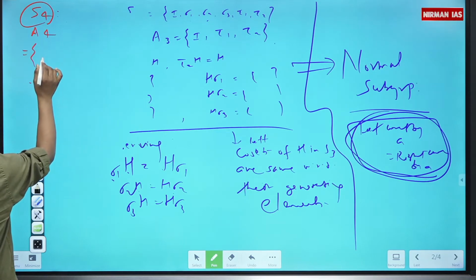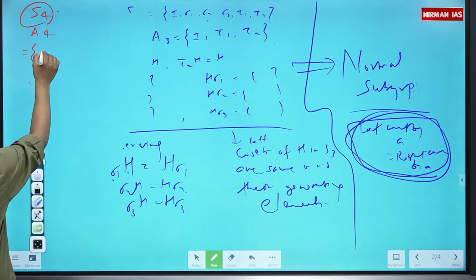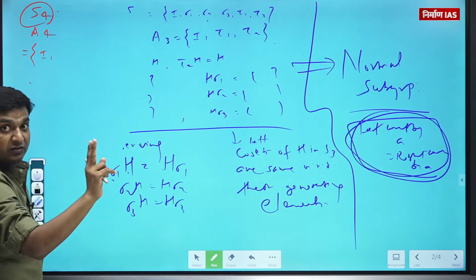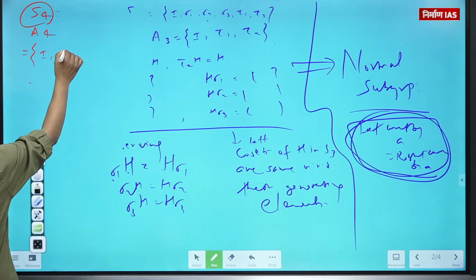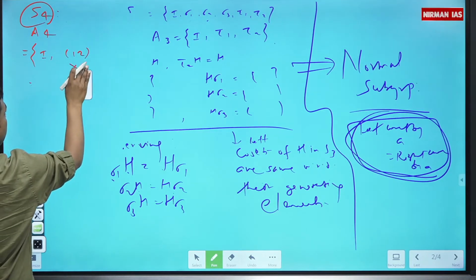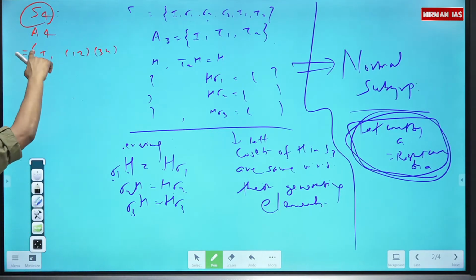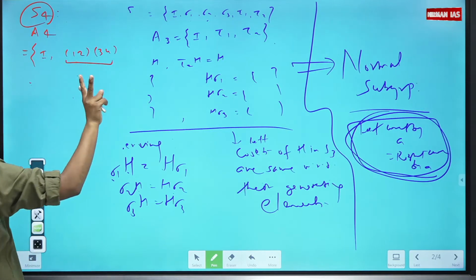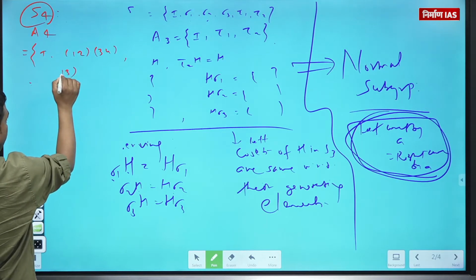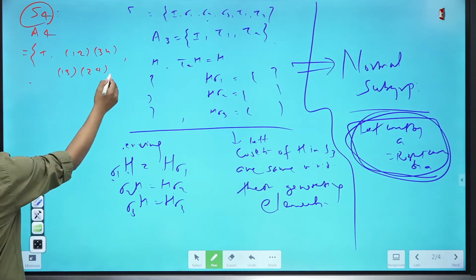So the set you will be having as H, in which one is the identity element because it is a group. So it is also an even permutation. Even means the number of transpositions is 2 only. So don't think (1 2) will be in A4. It cannot be. But if I take the composition of 2 elements like (1 2)(3 4), then it will be an element of A4 because the number of transpositions is 2 now. Okay, let's say I have taken (1 3)(2 4). It is an even permutation.